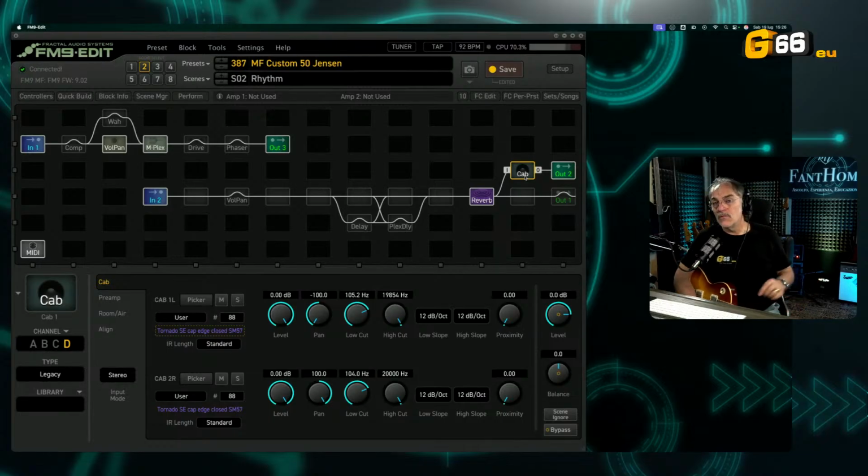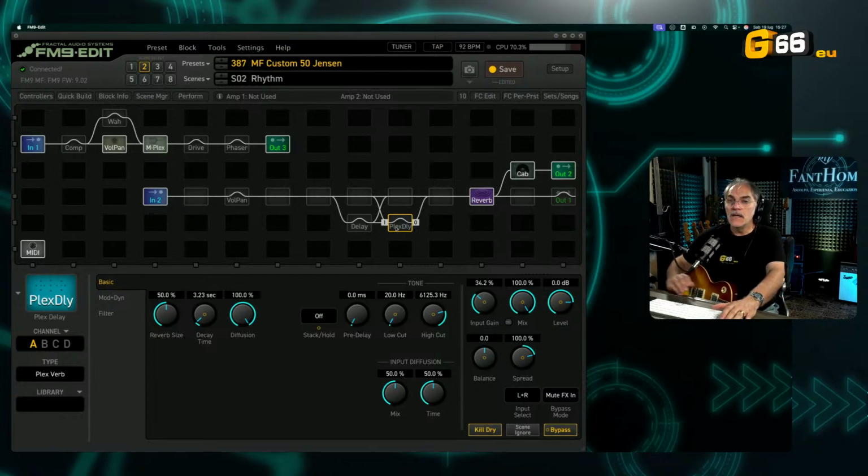And one question could happen, for sure. I want to show this question. I can show here, no problem. Is it really the same to use the cabinet at the end of the rig, or just after the amp block? Let me explain. It's not 100% the same. It is the same when you are in this configuration, where there is only delay and reverb and chorus also. It is not the same when you use